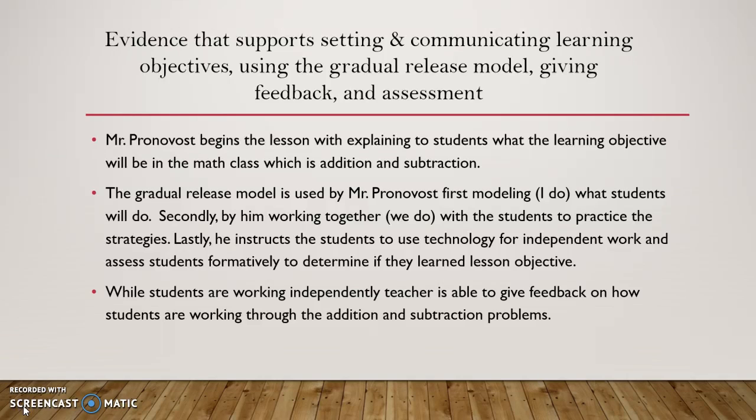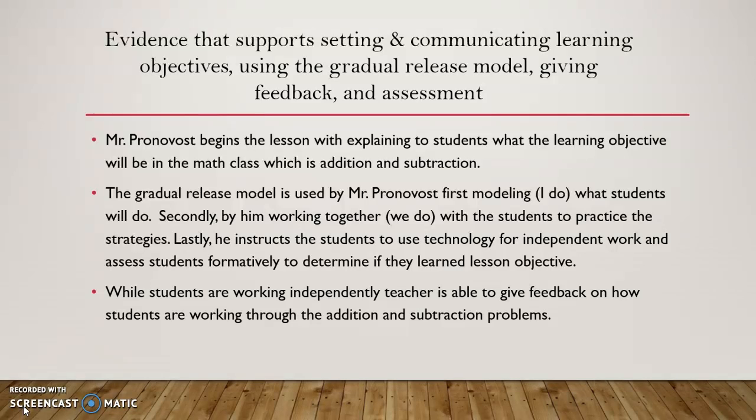In regards to the video, the first question asked was what evidence supports setting and communicating learning objectives, using the gradual release model, giving feedback and assessment. So Mr. Pronovost begins the lesson by explaining to students what the learning objective will be in the math class, which is addition and subtraction. So he already sets the tone where students are able to know what they could expect to learn in the